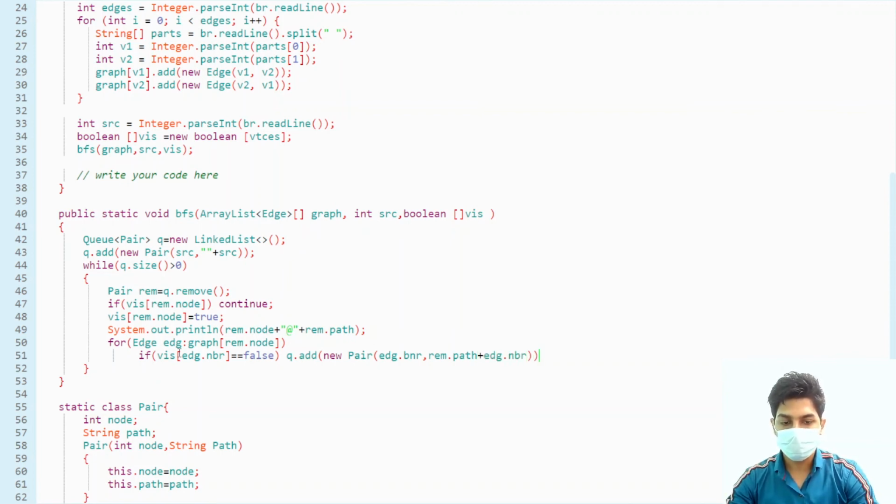Okay, after this, when this while loop terminates, our work will be done. We would have traversed the whole graph.